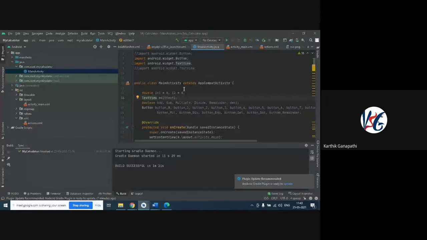Next to this, we will be calling the components, whatever components we are using. As I think you observed: addition, subtraction, multiply, division, remainder, decimal. So what are we going to do here? Why are we calling this a Boolean? Because one or the other option needs to be there. For example, if I'm using addition, subtraction will not be there. If I'm using subtraction, addition, multiplication or division will not be there. So only one needs to be true. That's why we are using the Boolean option here.